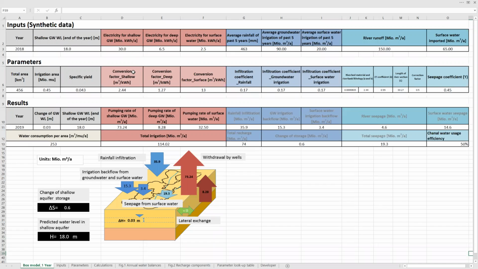We can try: now the pumping electricity for shallow groundwater is 30. If we change it to 40, it changes automatically in this table and in this figure. You see the change in groundwater level will be more than 1 meter. This is the 1 year box model, and to calibrate the parameters, we always need to look at the historical